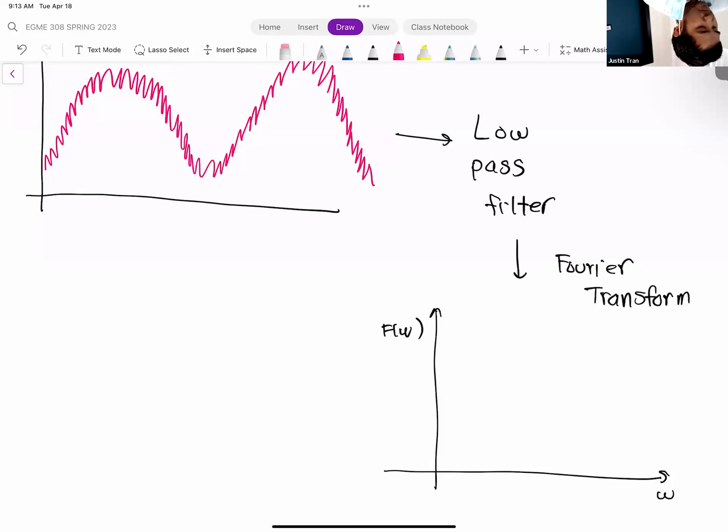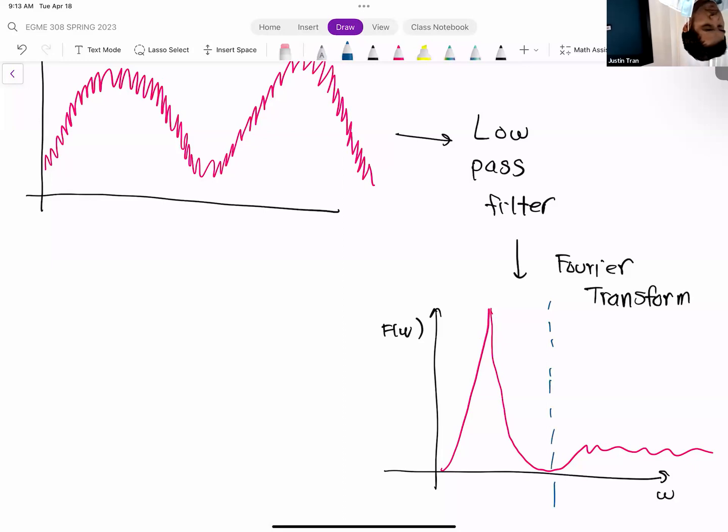We're going to have a big spike at a lower frequency, and that has to do with the signal that's already there. For the higher frequencies, we may have something like this. Basically everything after this point right here, everything past over here, is just the noise. It's not really anything useful. So one very basic form of a low pass filter is just to truncate the Fourier transform at that cutoff.